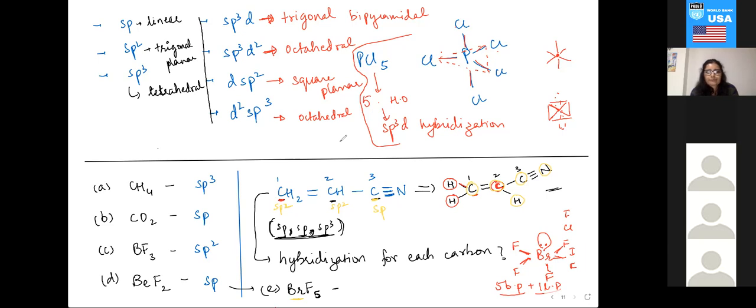d2sp3. Good guess, but bromine will undergo sp3d2. Arnav also sent it, absolutely right. So Br, if I may, the hybridization is sp3d2. So the difference between d2sp3 and sp3d2 is,